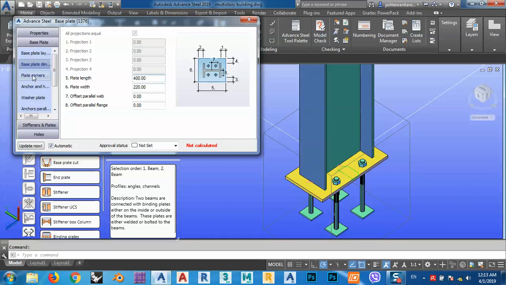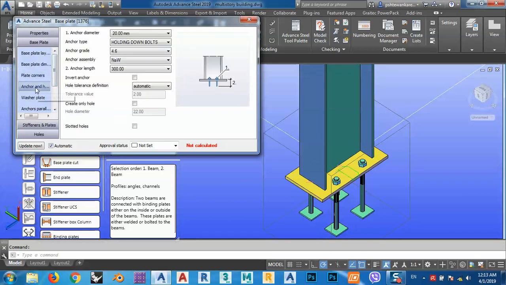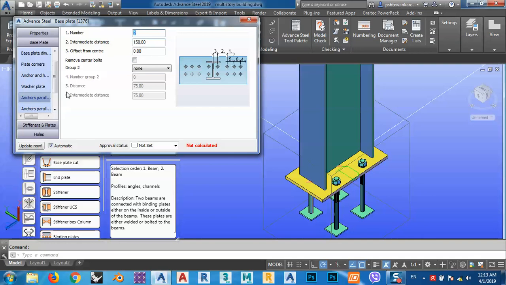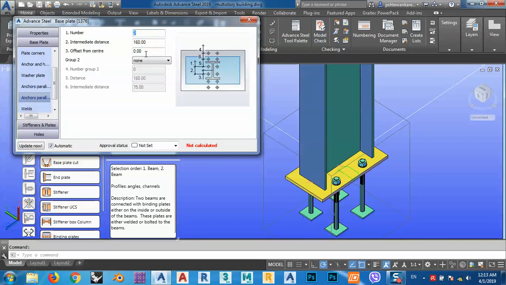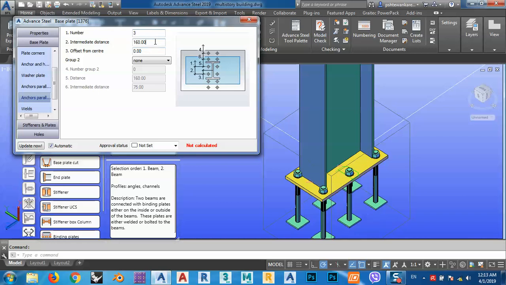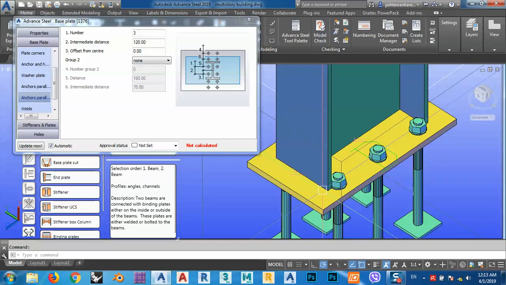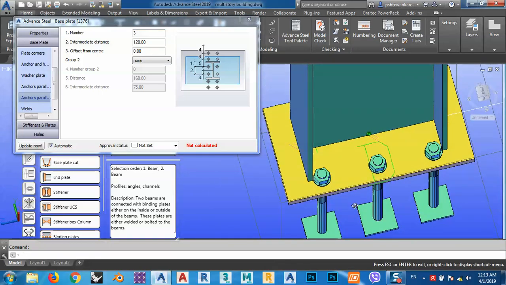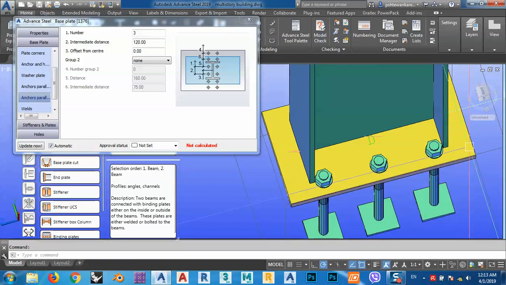This is maybe okay. It's up to design, and after that we can change the diameter whatever we want. Parallel, this is 2 and 1.150 is okay, and this maybe we say 3 and 120 is okay. Don't know if it's okay or not. No, it's not okay. If I want to put these two bolts here, I have